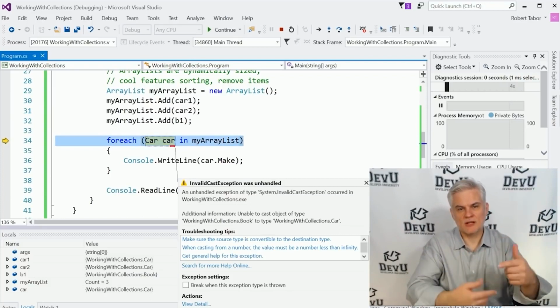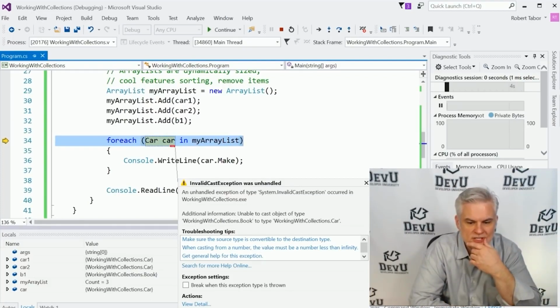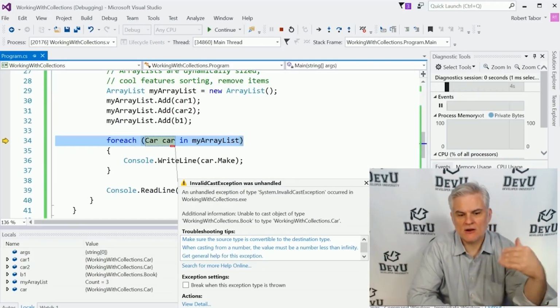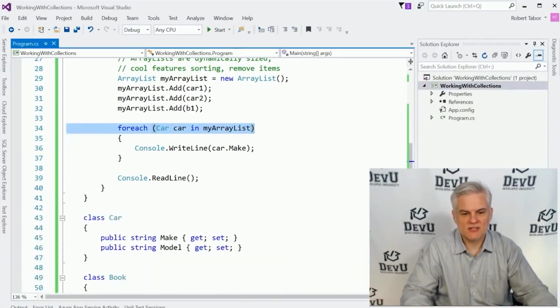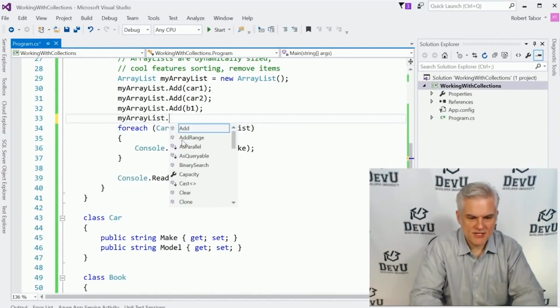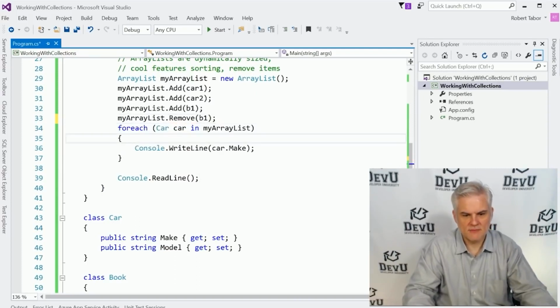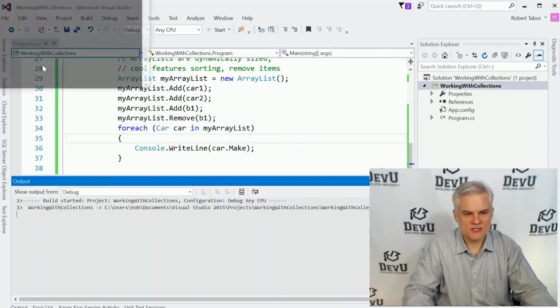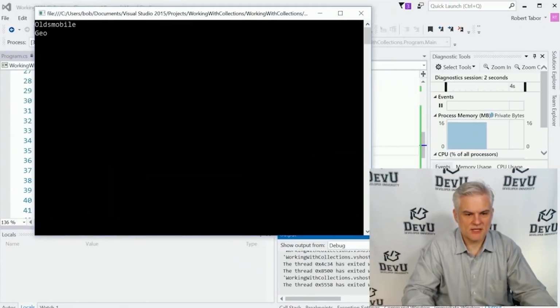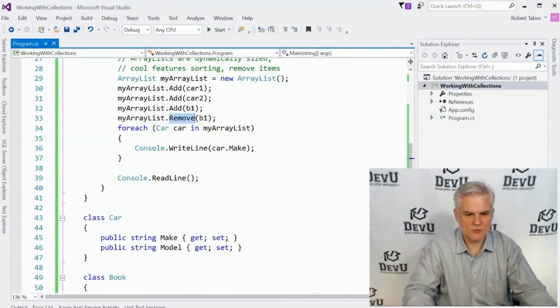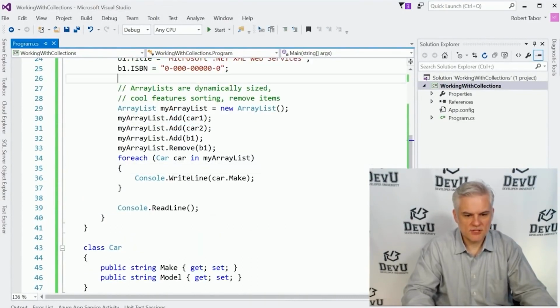And the fundamental problem is that we allowed our collection to store something other than cars. So we cannot work with these collections in a strongly typed fashion. Now what I can do, and one of the neat features here, is that I can actually remove that item prior to going into that for each list, and we should just be able to execute the application without problem. All right, so that is at least one of the good benefits there. But unfortunately, the downsides outweigh the benefits, and so let's go ahead and take a look at the newer style